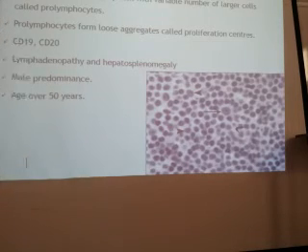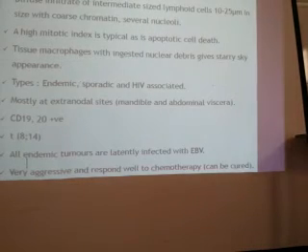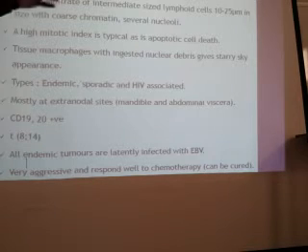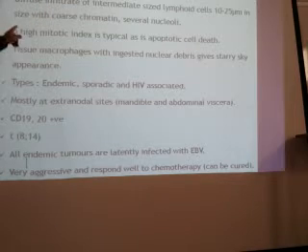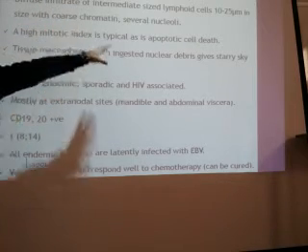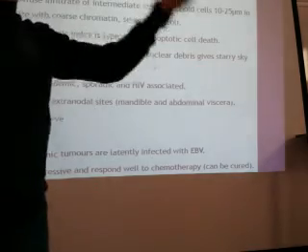You will find predominantly small cells. Then the Burkitt's lymphoma. It is more common in children and young adults. So this is in children as well as the young adults. What you will find here, intermediate sized lymphoid cells, 10 to 25 micrometer, having basophilic cytoplasm with coarse chromatin and several nucleoli.